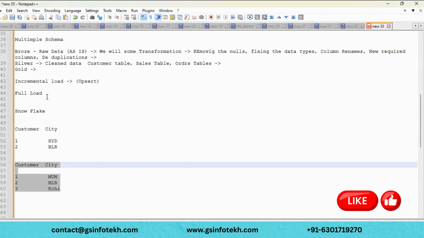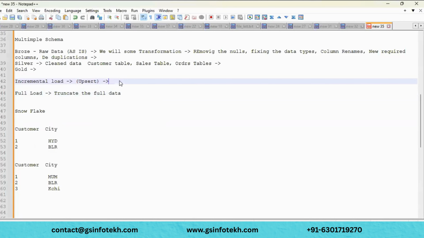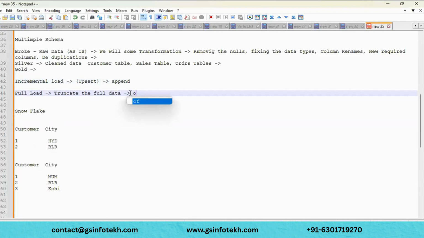And we have full load. What the full load will do is truncate the full data. Truncate in the sense that it deletes the full data, and it reloads with the source data. We have other names as well: this is called append mode, and this is called overwrite mode.